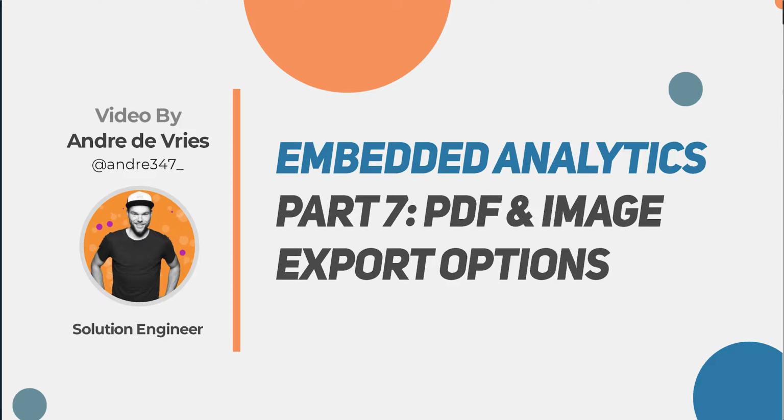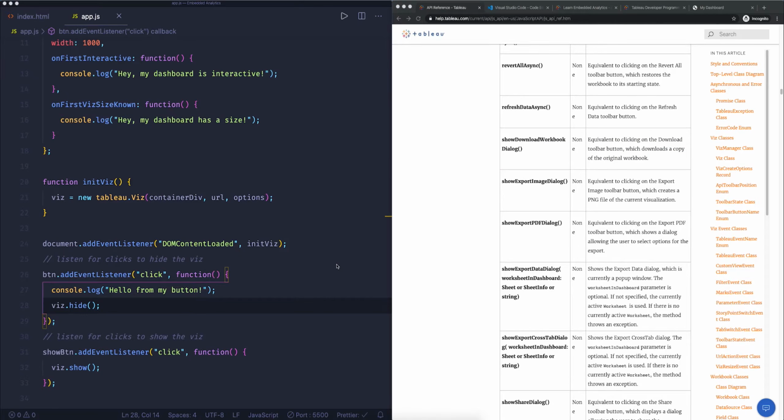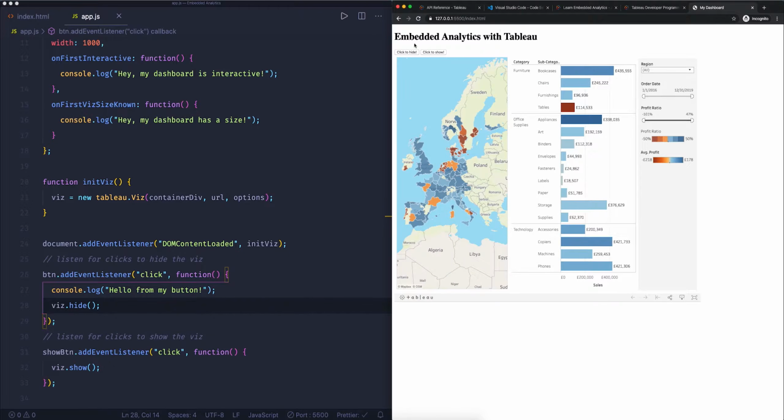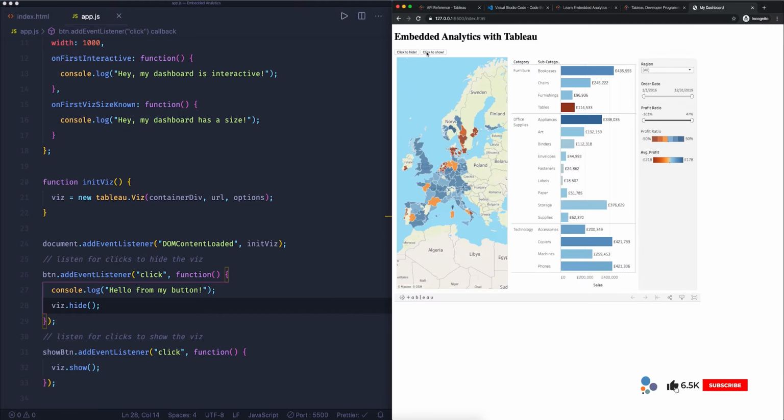In the previous video, we had a look at how to interact between your web page and your Tableau visualization. So in this example, we had two buttons, one to hide our viz and one to actually show our visualization. Now, that is great. And in this video, I want to take this a step further, and we want to take a look at some of the export options that you have available in the JavaScript